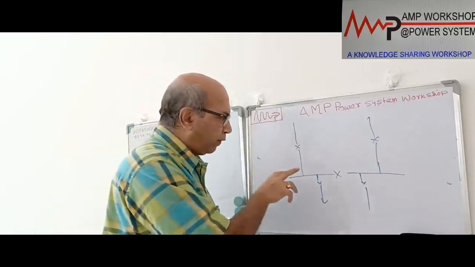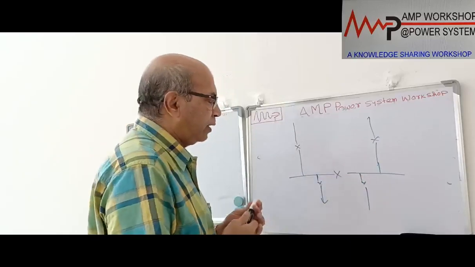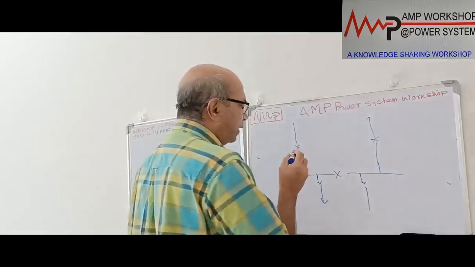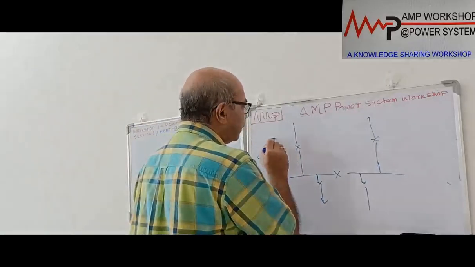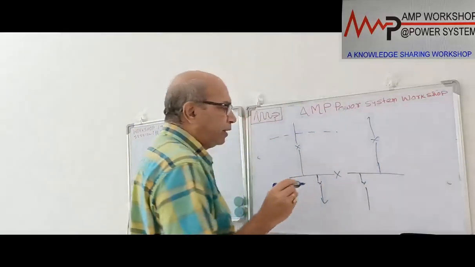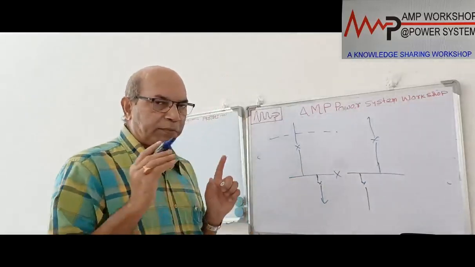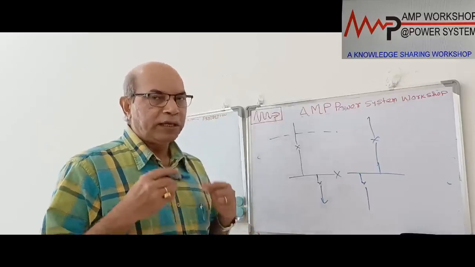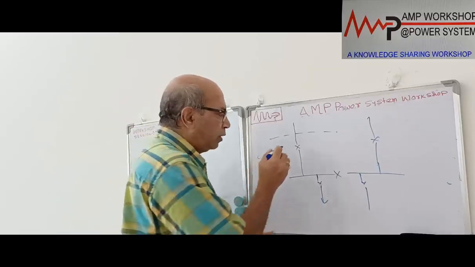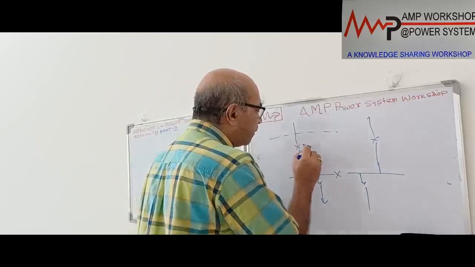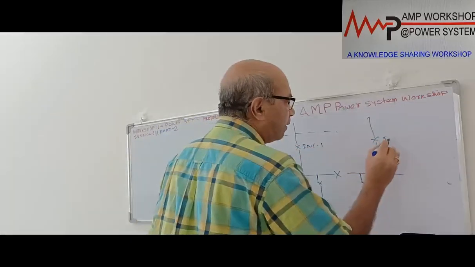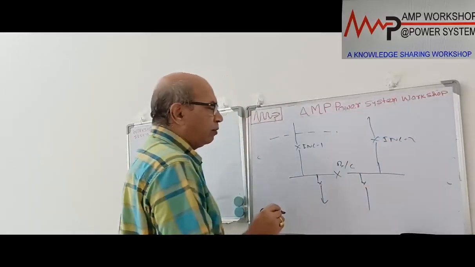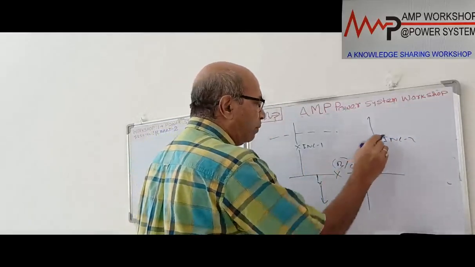As it is a 2 busbar arrangement, the busbar protection zone here is actually two zones. This is one zone. The zone will be decided in such a way that no portion of the busbar remains unprotected, and the breaker should be included inside each protection zone. Now this is incomer 1 and this is incomer 2. We know this, and this is a bus coupler. Bus coupler is responsible for both. These will be operating in both cases.